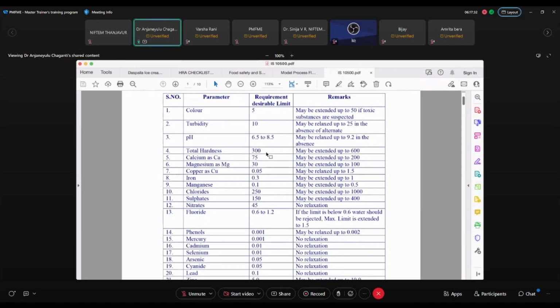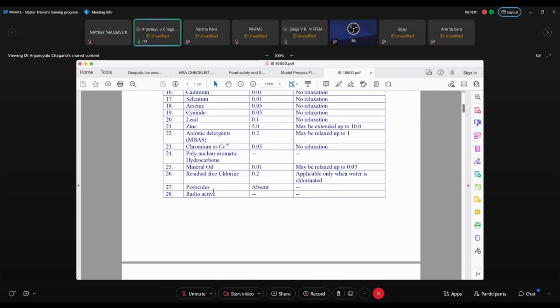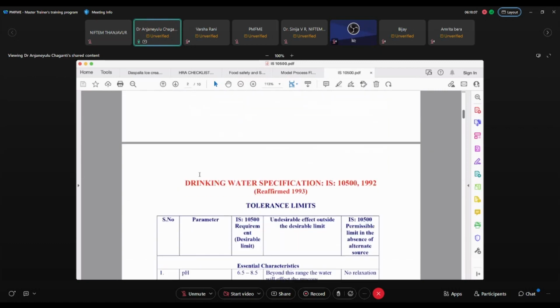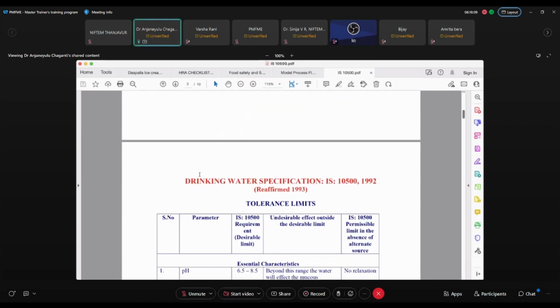TDS depends on the number of minerals, on the bore water it is coming from. So at industrial level, if you are using high-end machines, water hardness of less than 300 is preferred. For your drinking water, up to 100, 150 is okay. If you go with mineral water bottles, that will be less than 50 also. So that is not okay because we need a lot of minerals. So like that, it is not only one parameter. Here, color, turbidity, pH. There are almost 28 parameters they have given. All these 28, if they comply, then the potency,